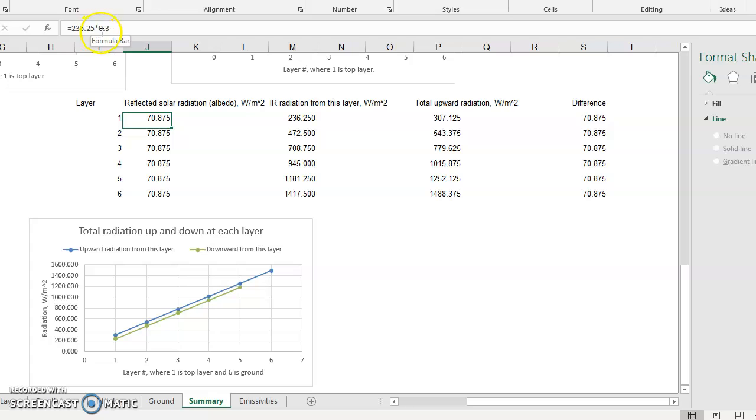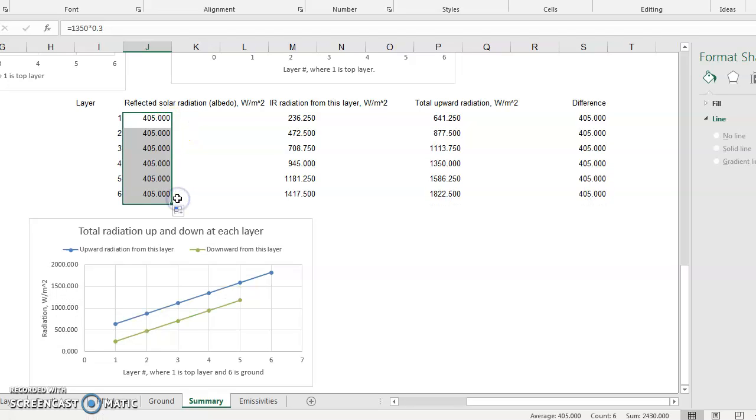Albedo is 30%. It's 236.25. 1350 is the incoming solar radiation. 236,